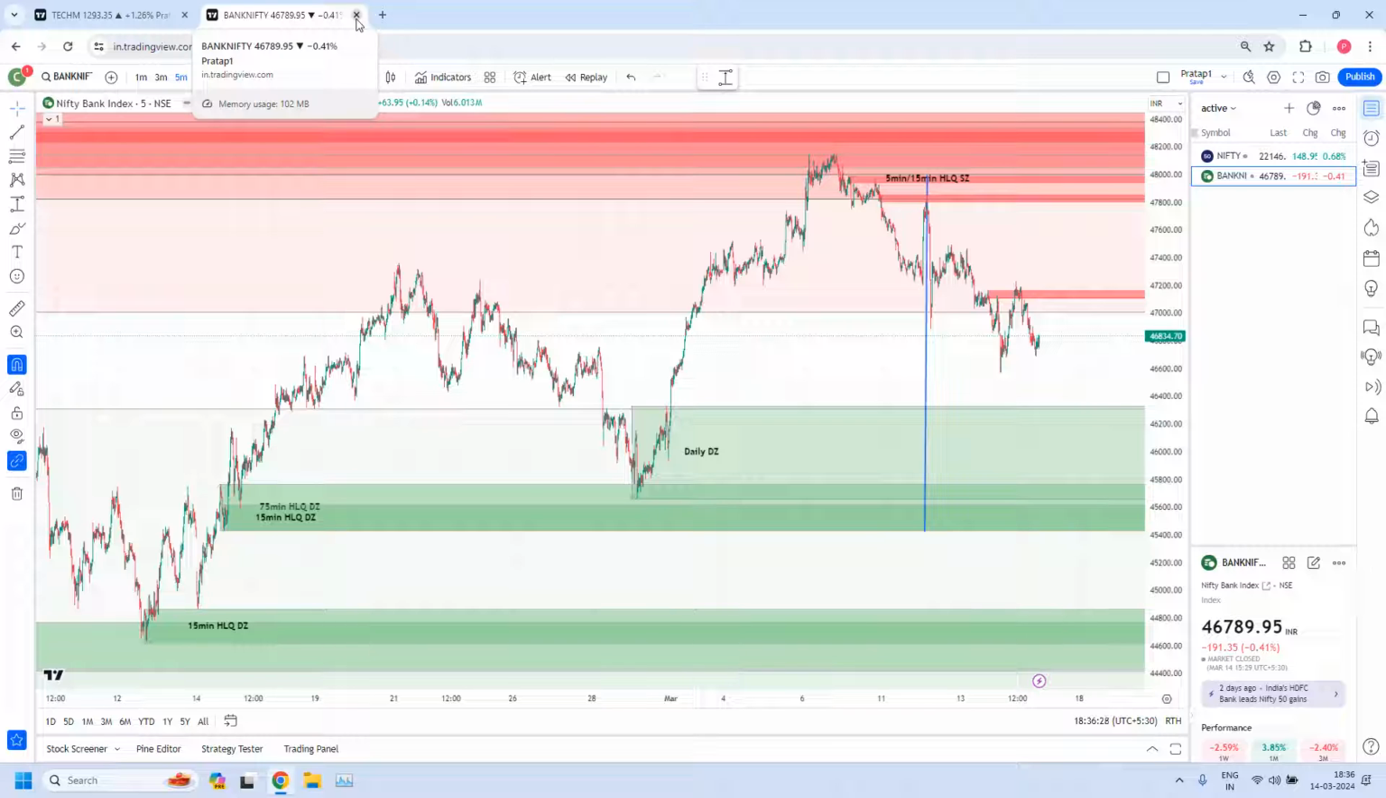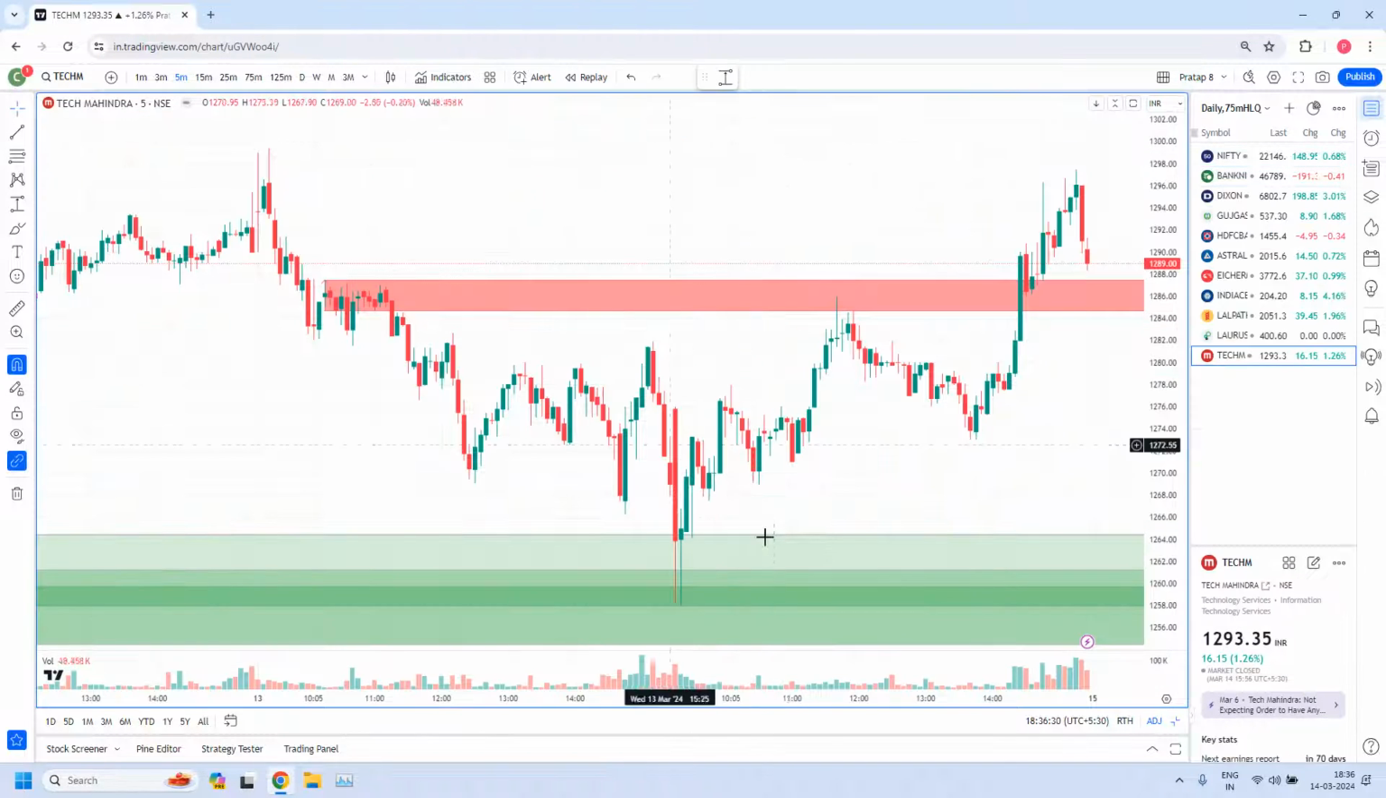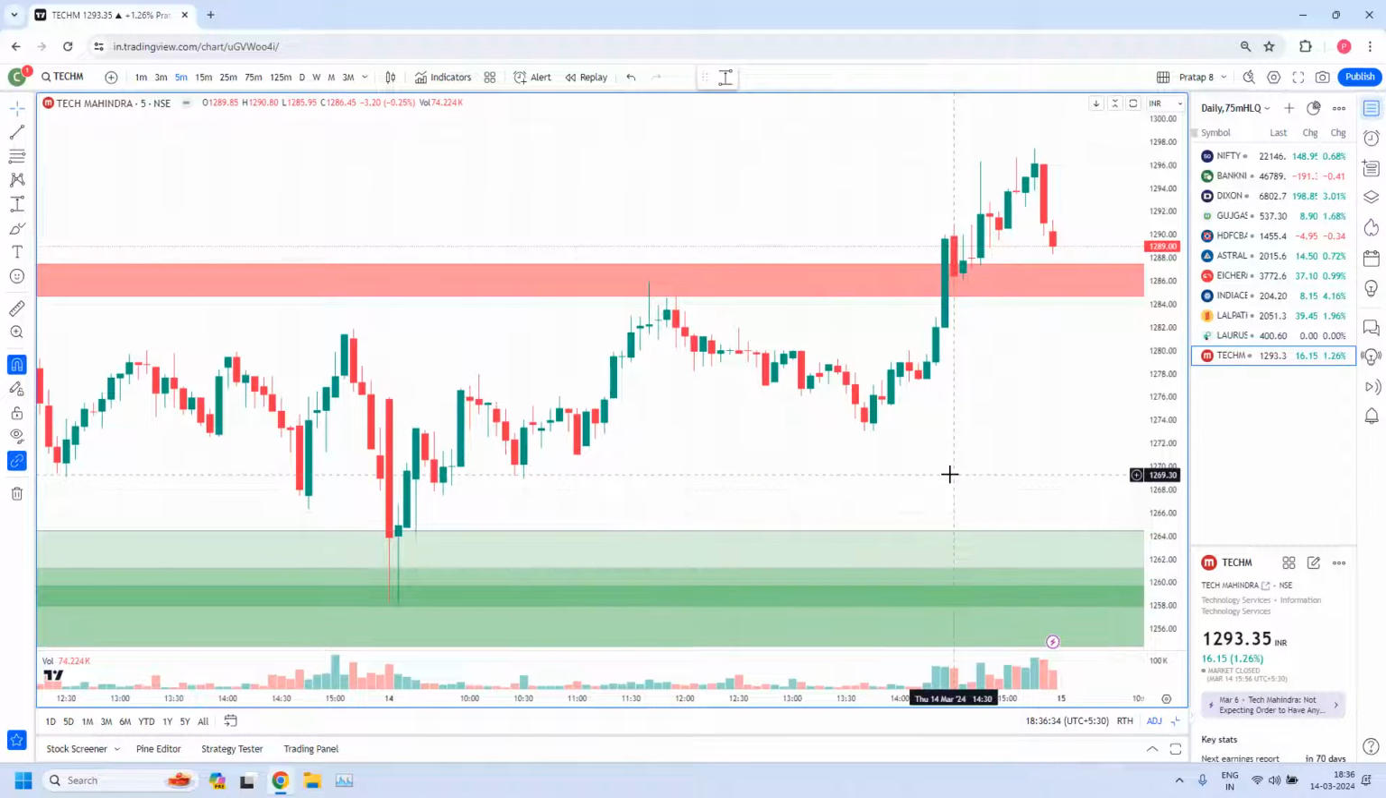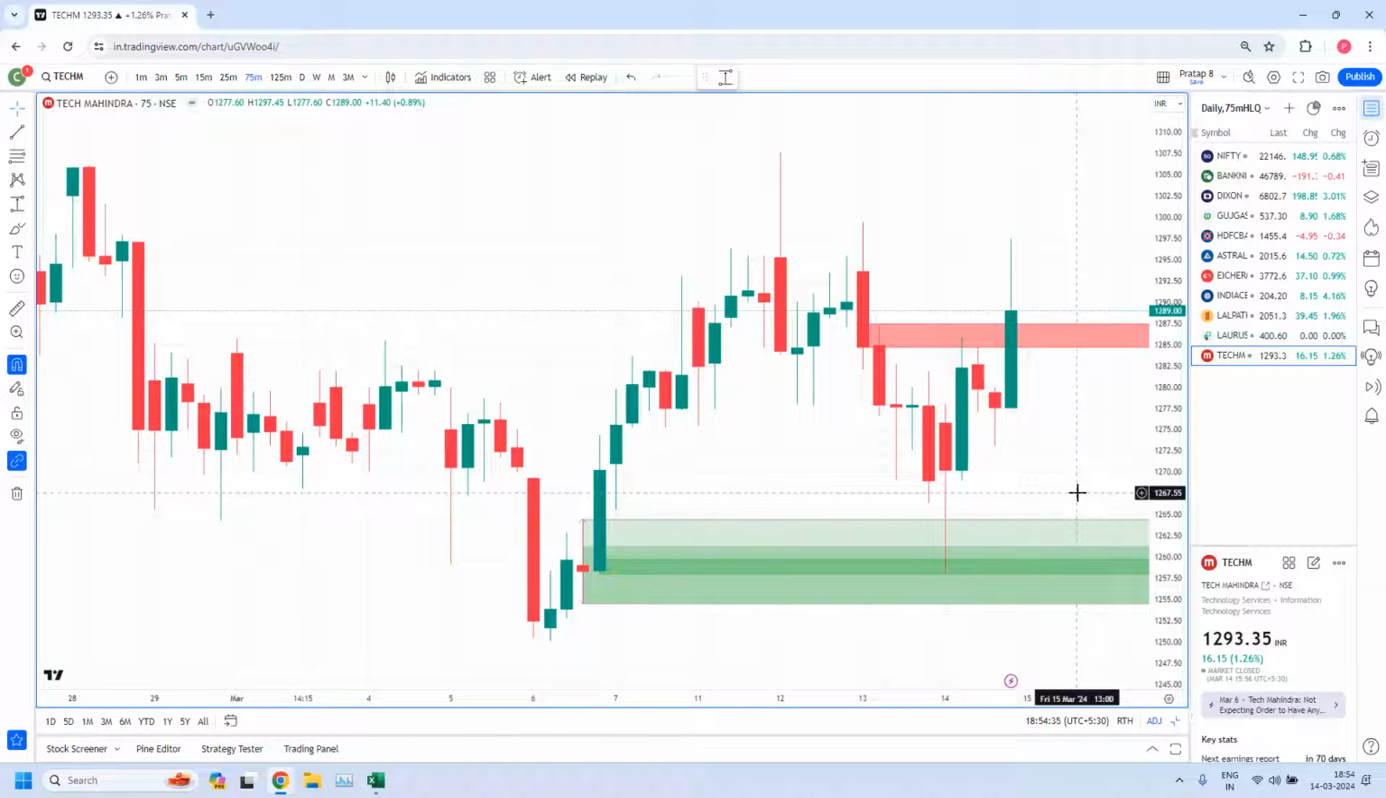Now let's get into high liquidity demand and supply zones. Yesterday we identified 9 high liquidity zones from daily time frame and 75 minutes time frame. Out of these 9, we got 3 successful trades, and 2 zones are violated, and we identified well in advance